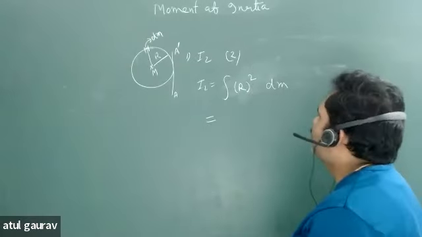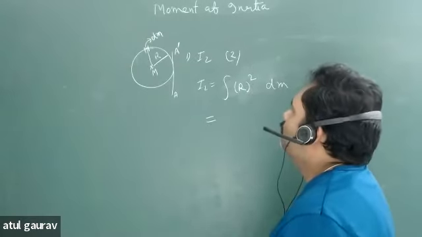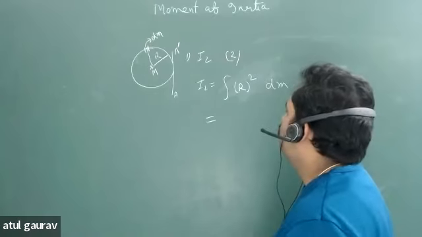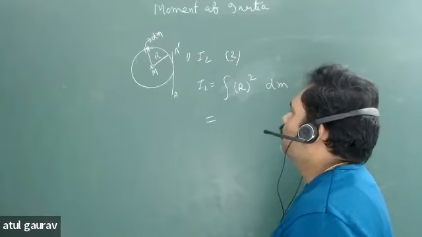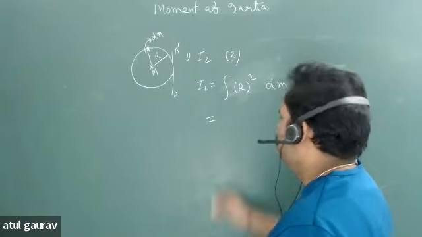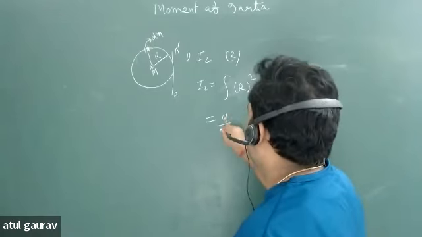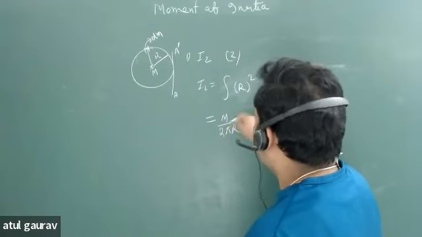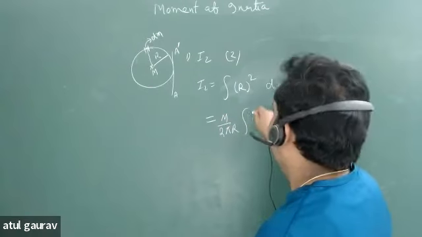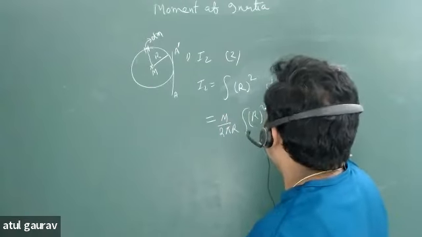देवव्रत बताएगा। यस सर. बताओ. m by 2 pi r. और ये तो बाहर आ जाएगा. यस सर। वेरी गुड. और क्या होगा? R स्क्वायर. और अंदर